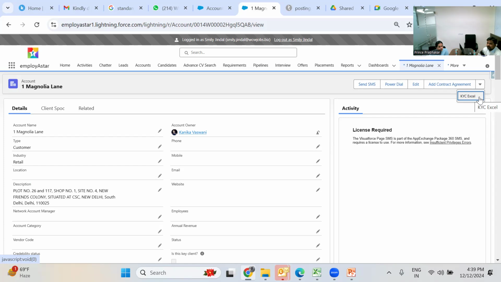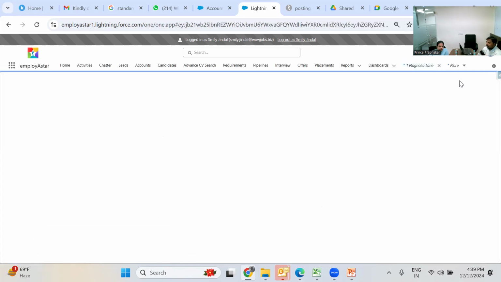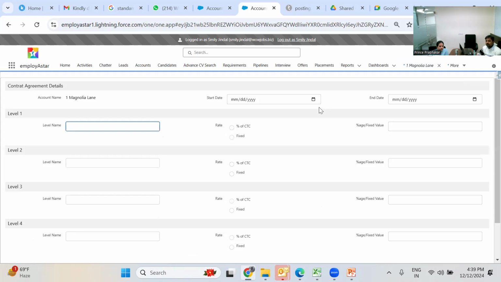So where to attach? You have an option called add contract agreement. You can see it. Click on add contract agreement. Here you need to put the start date of the contract and the end date of the contract, right? And normally we sign up the rates with the client, so you can put the breakup. This is a free text button actually. Normally we sign